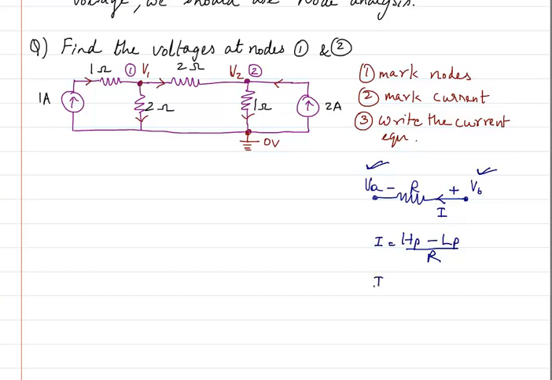That means we will have current I as higher potential is here right now, since it is plus polarity, that is positive polarity, that means VB is the higher potential, so this is going to be VB, and the lower potential is the one which is having minus, so this minus VA divided by R.